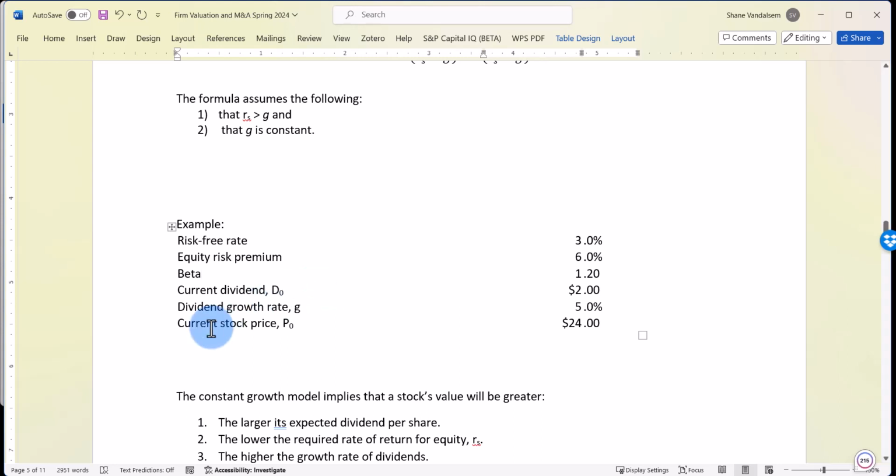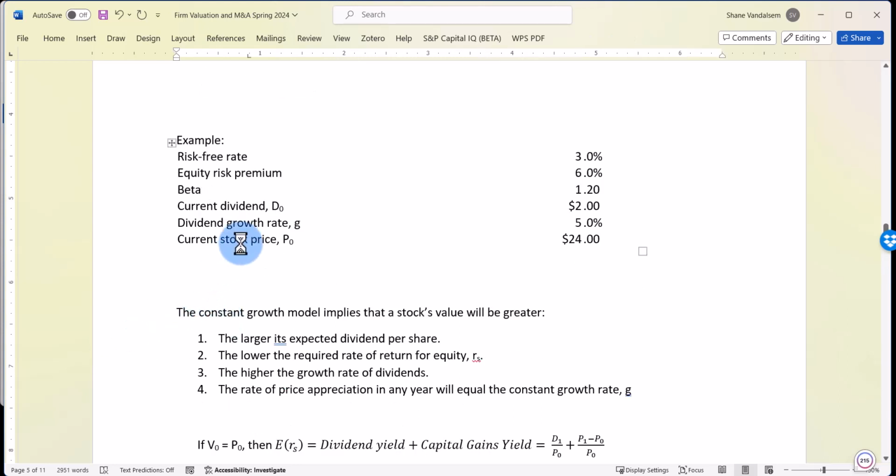So we're going to start off by calculating the R sub S, the required rate of return on equity for the stock. We're going to use the security market line from the capital asset pricing model to determine this. So R sub S is equal to the risk-free rate plus the beta for the firm multiplied by the equity risk premium. And again, just as a little reminder, we multiply the beta by the equity risk premium, and we add that